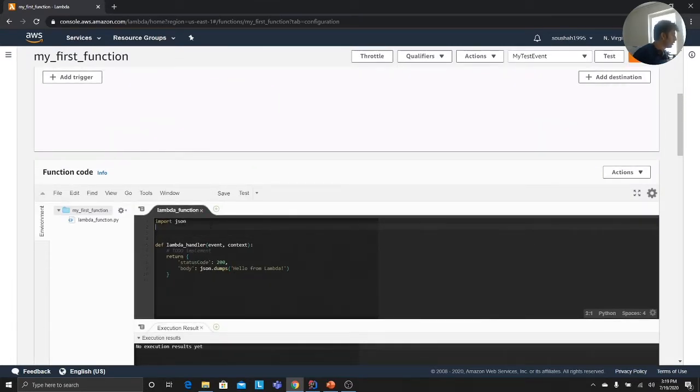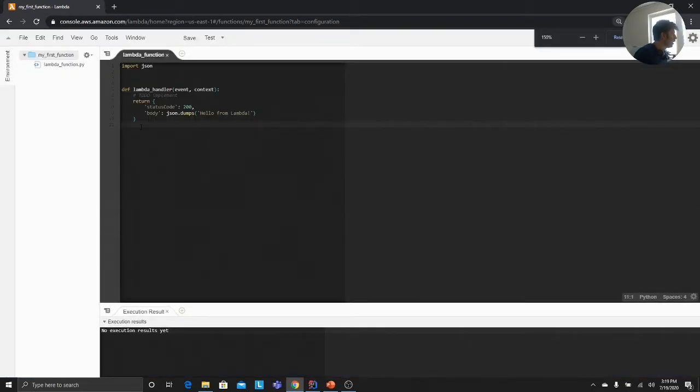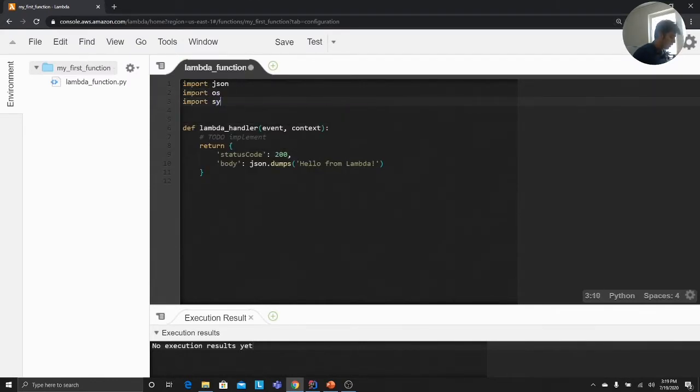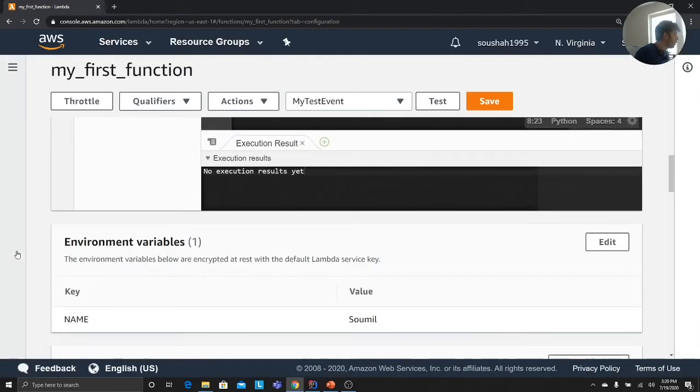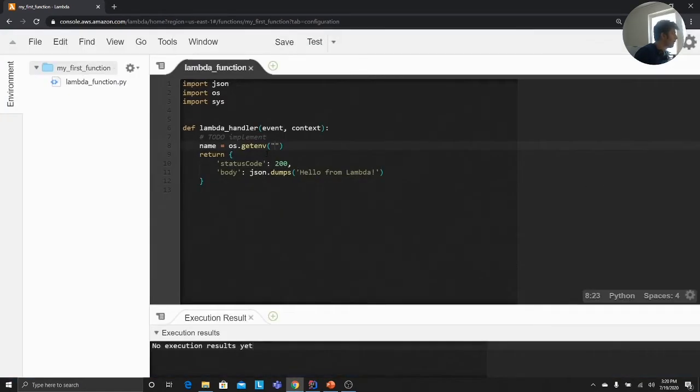Let me actually zoom in a little bit, bring this a little down. Unfortunately, I can't zoom more. I'm gonna import os and I'm gonna import sys. All I'm gonna do here is basically name is equal to os.getenv, which is the function, and then you need to give the environment variable name that you defined, which was capital NAME. So again, go here. Environment variables are used whenever you want to hide any sensitive information in your code, right? So I'm gonna basically just add a print statement here.